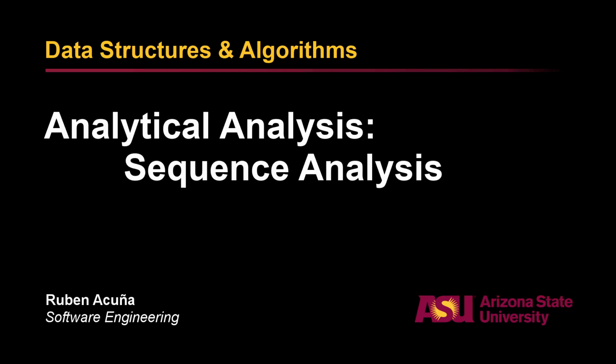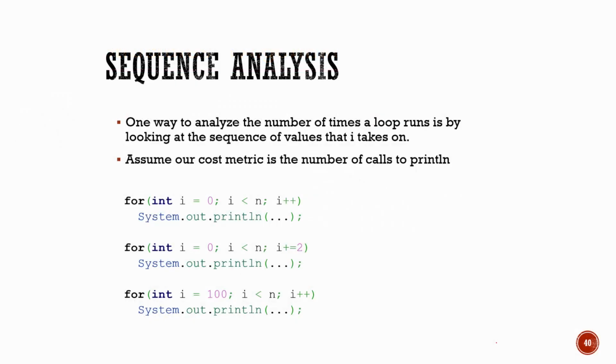Hey folks, in this video we're going to take a look at another way to analyze snippets of code. Our goal is to be able to find something that looks like big O, or maybe even tilde, or maybe even a growth function. So I have a bunch of for loops here. What I'm going to do is take the approach of trying to understand the different values that I can take on as that loop unrolls, right? So as it occurs, as it prints something in our example.